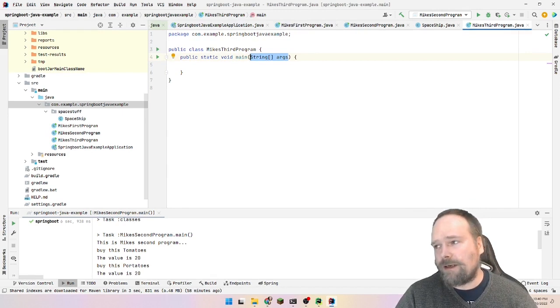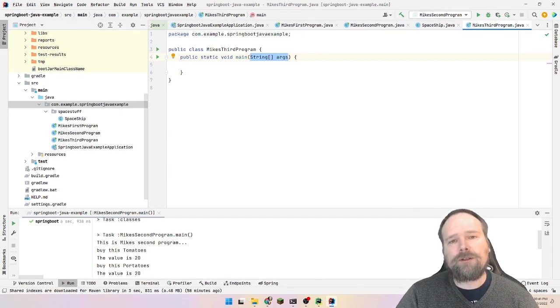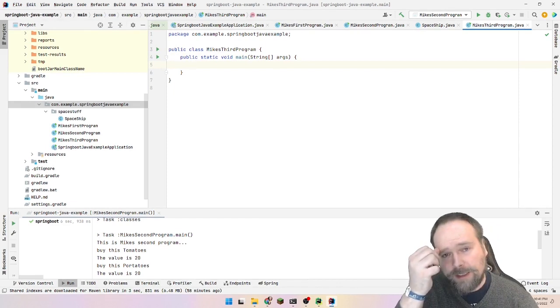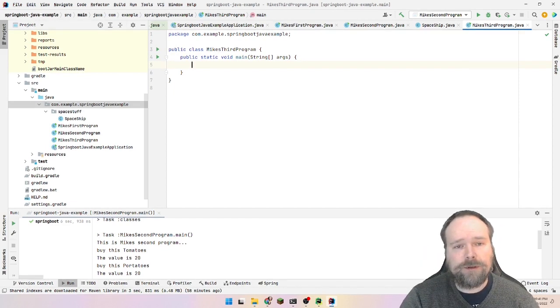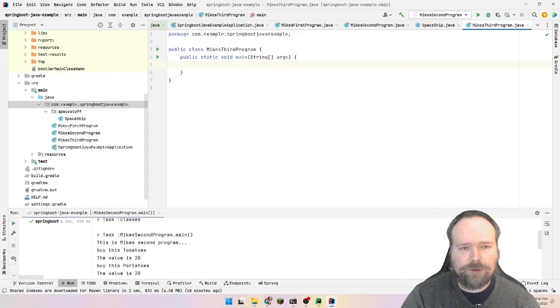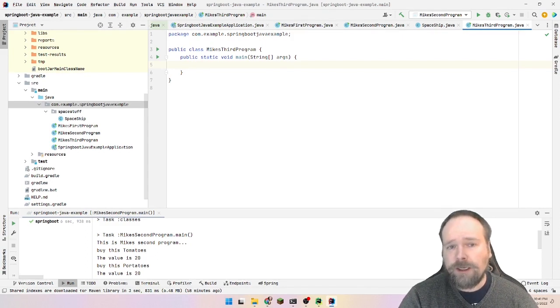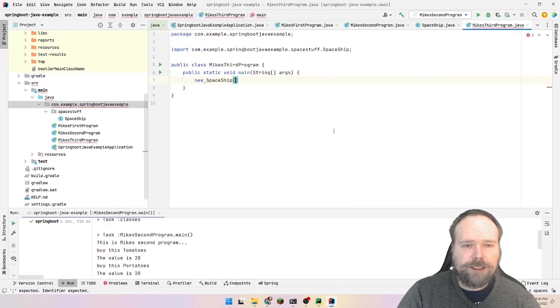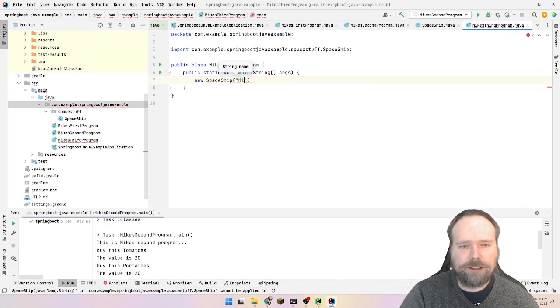These arguments right here, I did not mention that. Those are if you want to give command line arguments to your program, then they will be picked up right here, and then you can use them inside your Java program. And that is why it is an array of strings. So that means that you have to interpret them as string first, and if you would actually expect an integer as the second argument, you have to do those checks yourself, and you have to cast that variable into an integer yourself. But now we want to create a new spaceship right here, and we will say this is Mike's spaceship